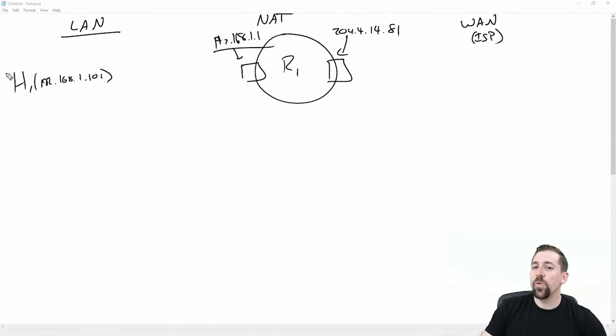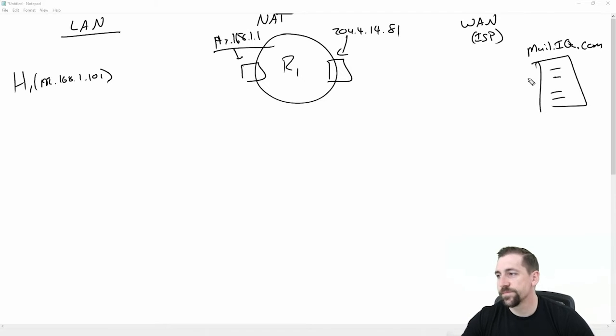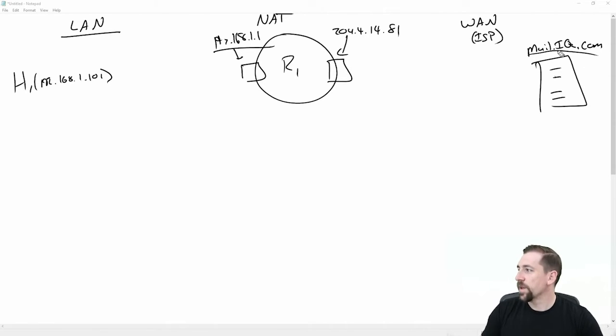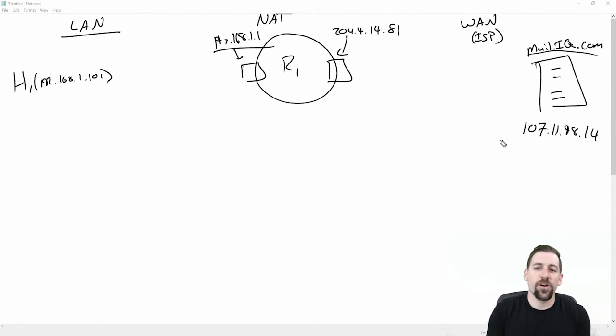And so when host 1 tries to communicate with an email server, mail.iq.com, I would write out intelligence quest here, but it's too long. When this host tries to communicate there, this is an IP address of 107.11.98.14. And if you're wondering what all the other header information looks like, the MAC address header, the MAC address information,